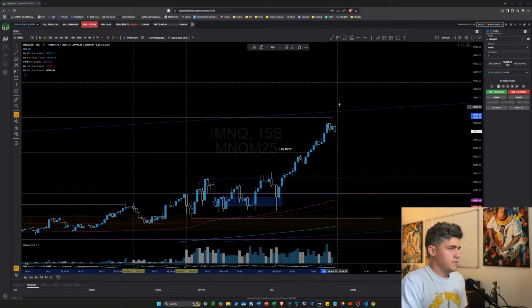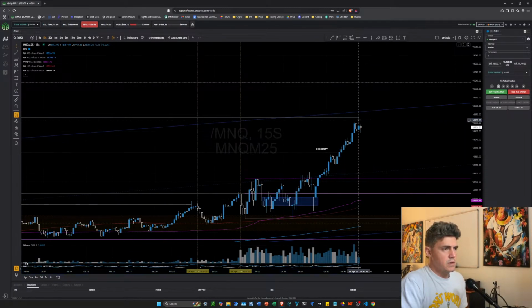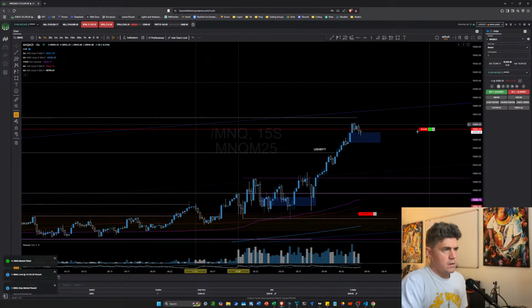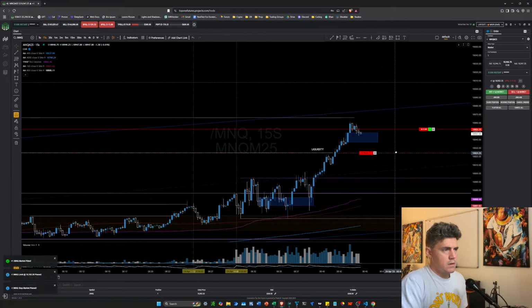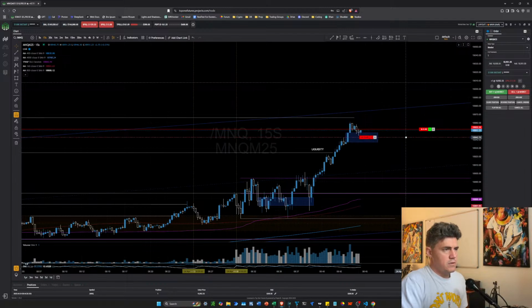So inside down on the 15-second here. That's a short trigger. So close to this liquidity, though. I almost think this should hold a bit. Want to get a signal, though. Wasn't the greatest signal. Not going to choke it off.